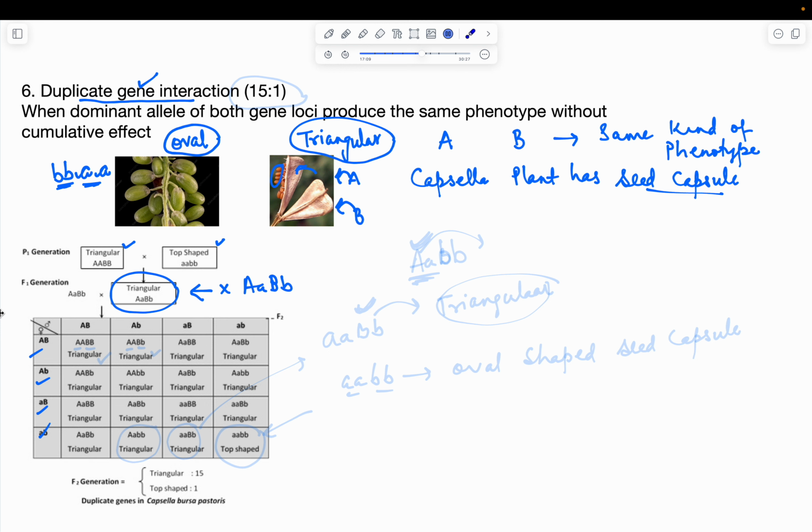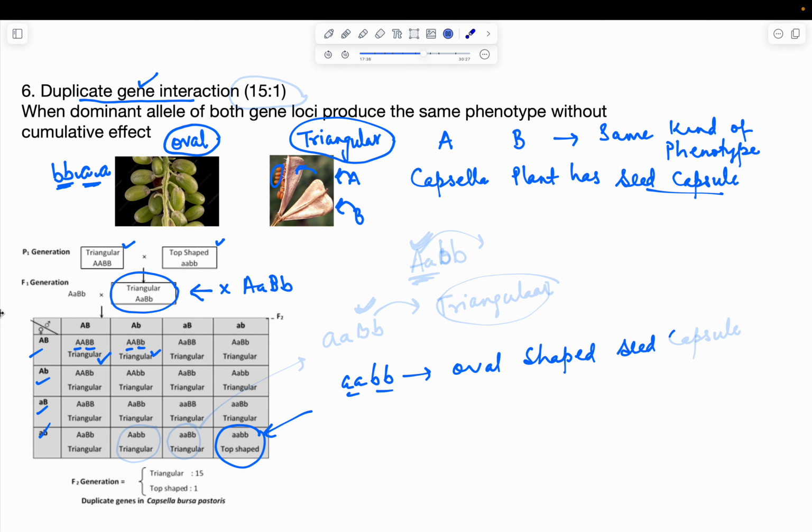This is the outcome in the form of a Punnett square. You will see the two dominant alleles produce the same kind of phenotype. Again, this one together produces the same kind of phenotype. All are triangular except for this, right? Only the alleles in homozygous recessive condition will produce oval shape